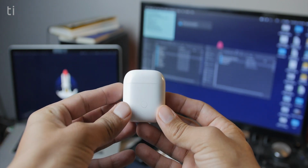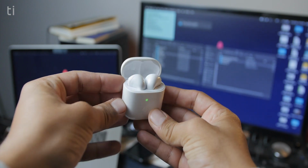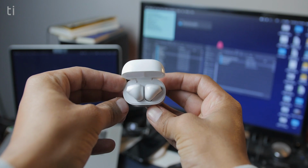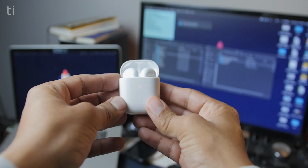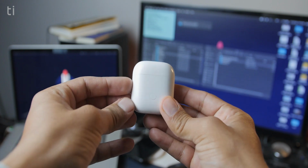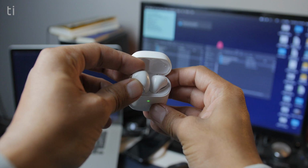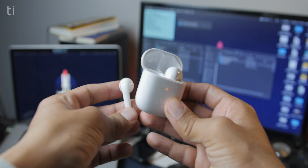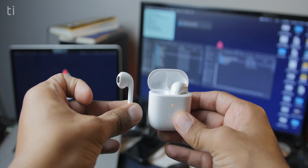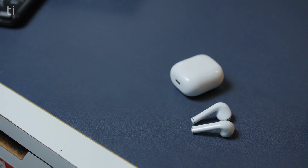To pair the device, hold on the button for 3 seconds and the green indicator will flash for 10 seconds and you can pair your device to the earphones. Other than that, the green LED on the front also serves as battery indication, like battery percentage, that is red for 1/3 battery, yellow for 2/3 of battery, and green flash for less than 3/3, and constant green light for full battery indication. Now on the bottom of the case, you will find a USB Type-C connector for charging,